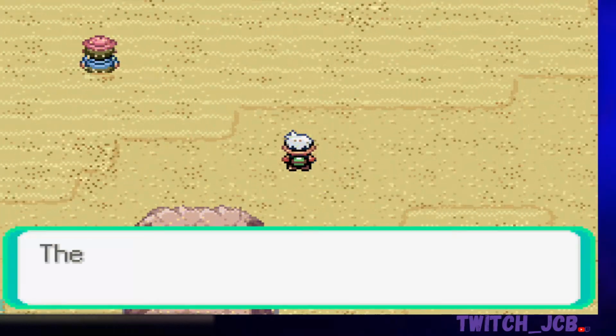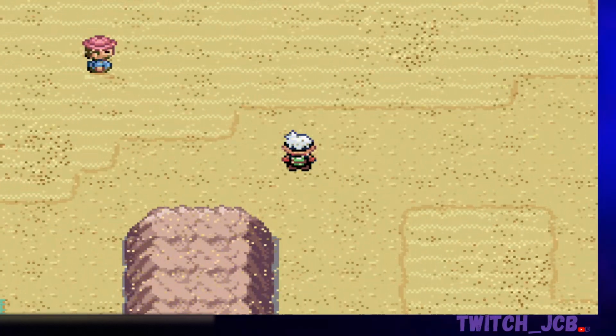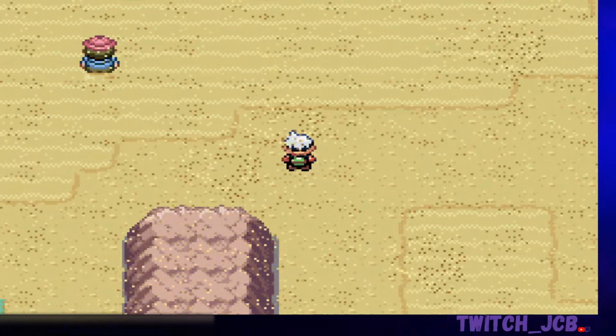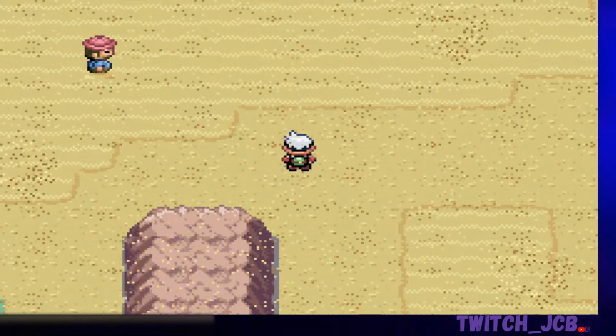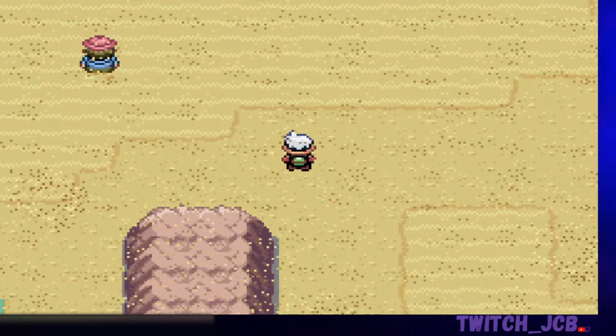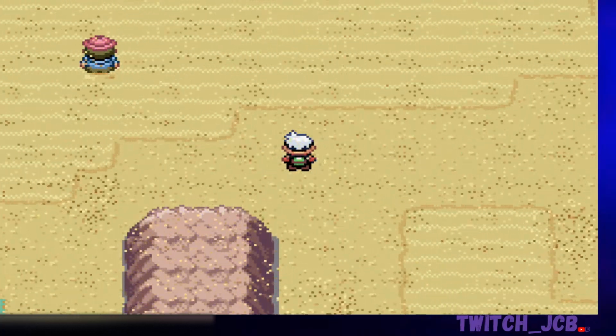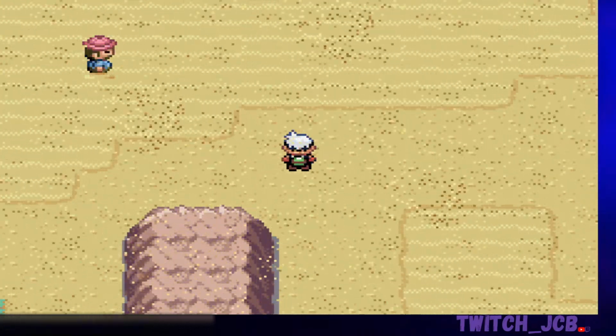And it disappears. The root fossil disappeared into the sand. Oh man, I don't like that though. It should have been someone else that grabbed it. Personally, we could have just shared it the same way how it was done in Mount Moon. The other guy took it, but now that's gonna be further away. But the good thing is though, we got the fossil, and what I'm gonna do, I'm gonna actually get myself